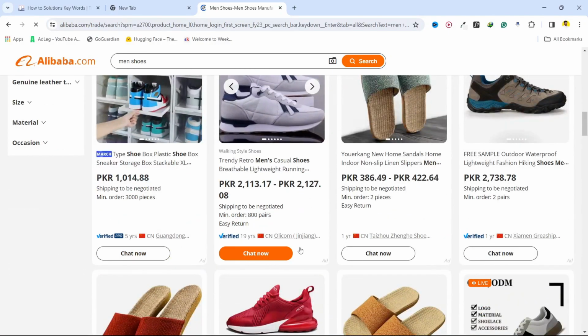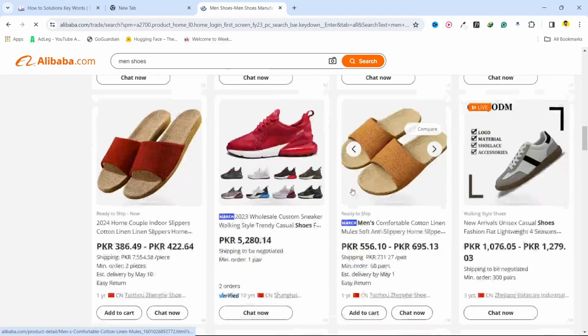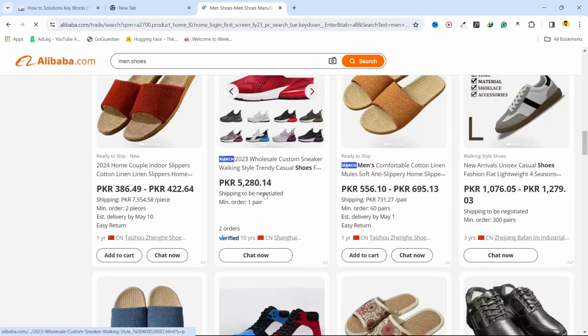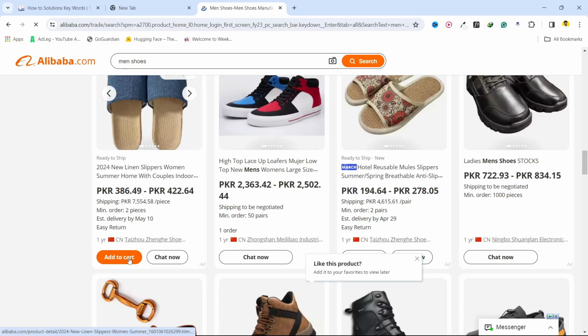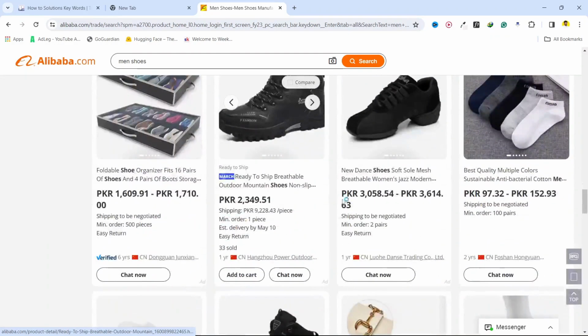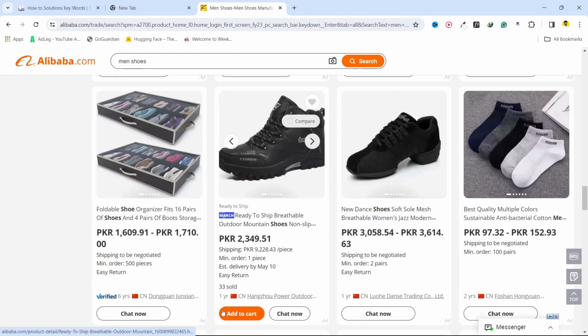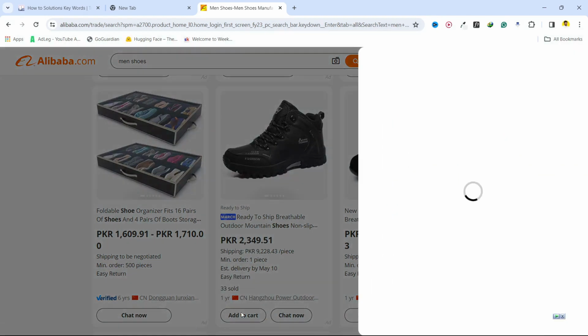Here you can see an option of chat. Now if you want to chat with the supplier, you simply need to click on that. But if you want to buy items directly without any conversation, here you can see our add to cart option. So with these shoes we have our add to cart option. We simply need to click on that